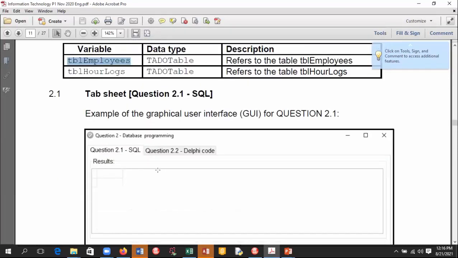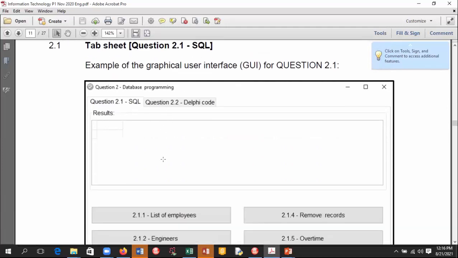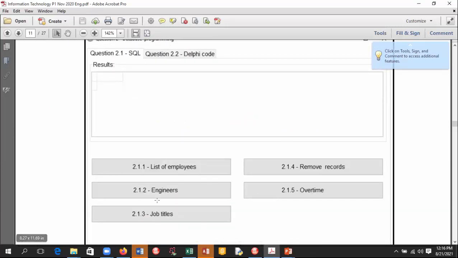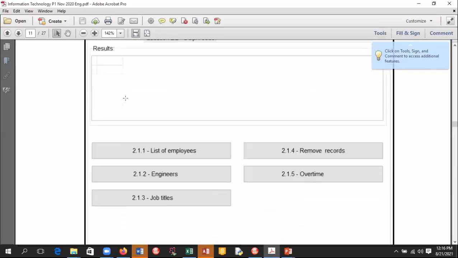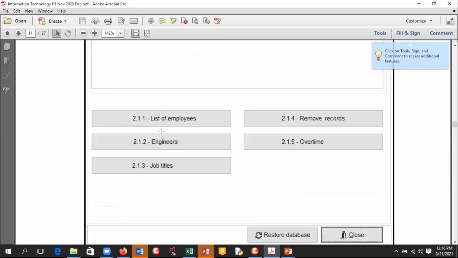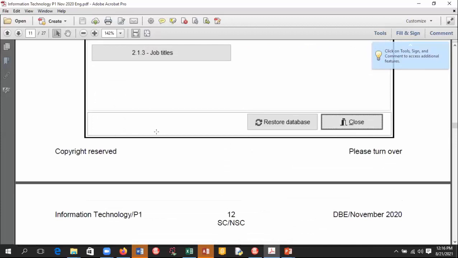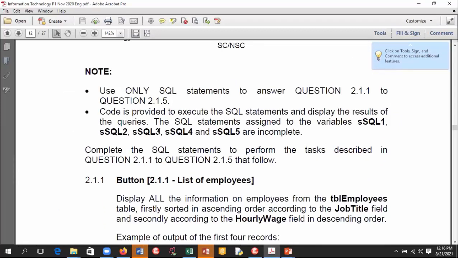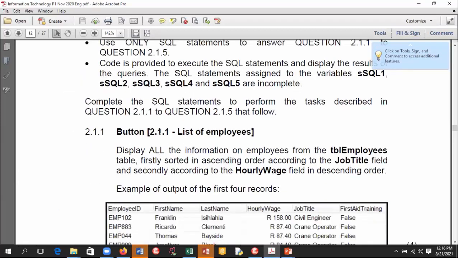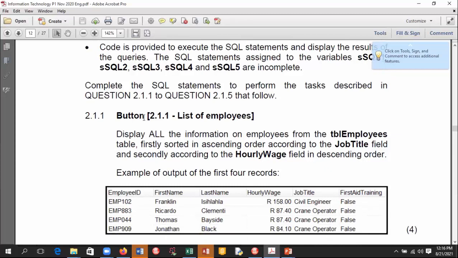All right. Now, this is our GUI. We have 5 questions, and let's go and look at the first question, list of employees. And the important thing is this, guys, that when you look at this, you need to look at the number of marks that are being allocated to that question. Because generally, if it's 3 marks, it should take you around 3 minutes to actually answer that. All right? So 2.1.1,